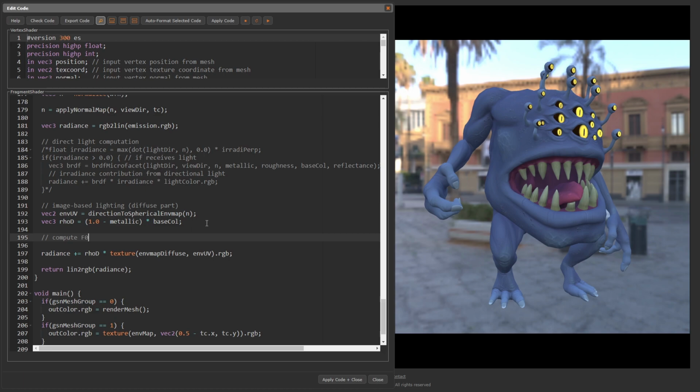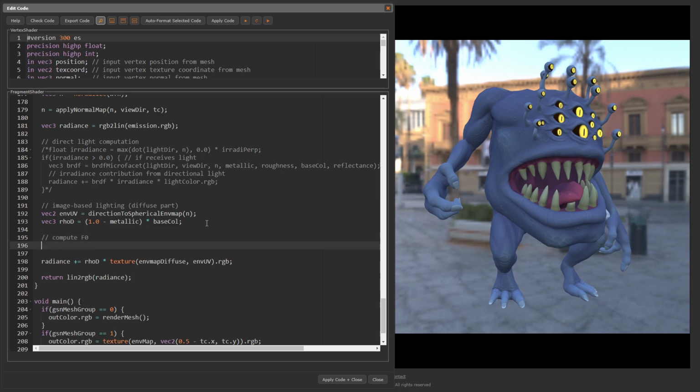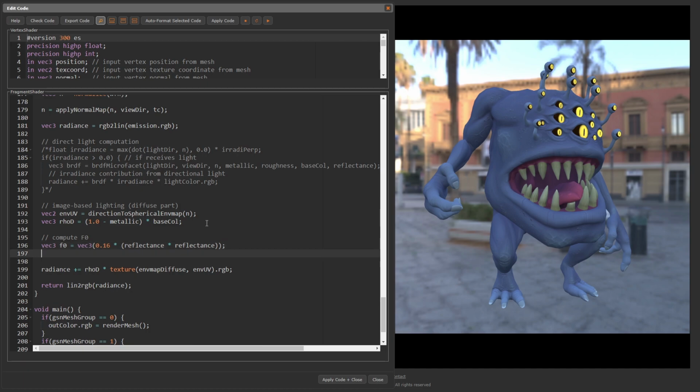As we know from episode number 9, the dielectric f0 is computed from the reflectance parameter by Vec3 f0 equals Vec3 0.16 times reflectance. In the case of metals, the base color value contains the f0 value. f0 equals mix f0, base color, metallic.